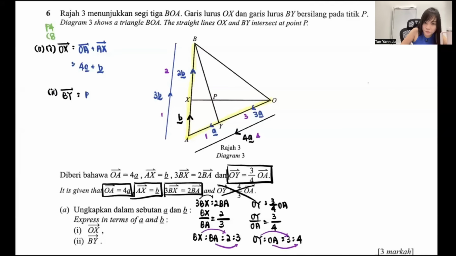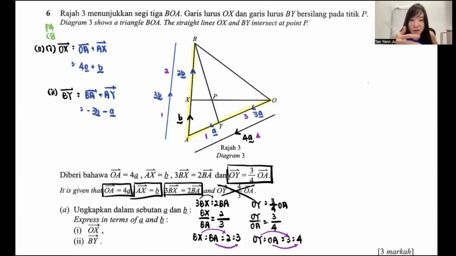So guys, I can walk from B to A first, and then from A to Y later on. B to A is the opposite of this: going up is 3B, coming down is negative 3B. Then A to Y, guys: coming down is positive A, going up is the opposite, so isn't it negative A? So the answer is negative 3B minus A, and 3